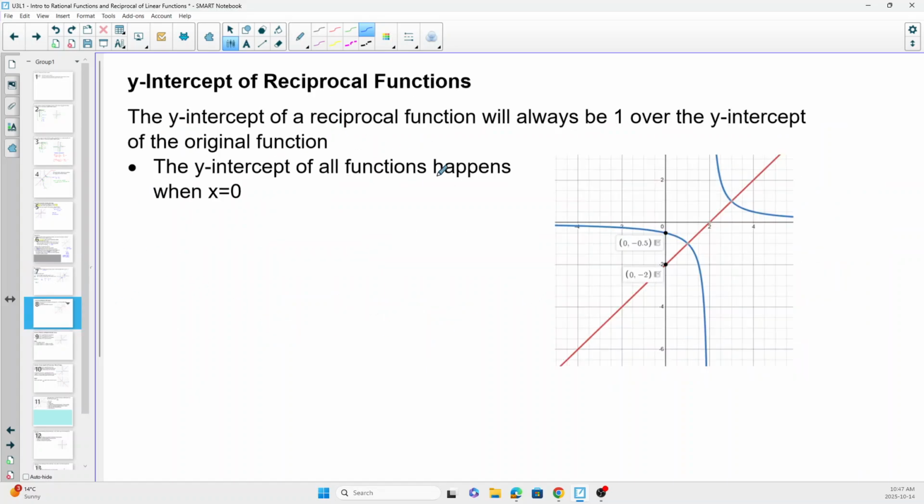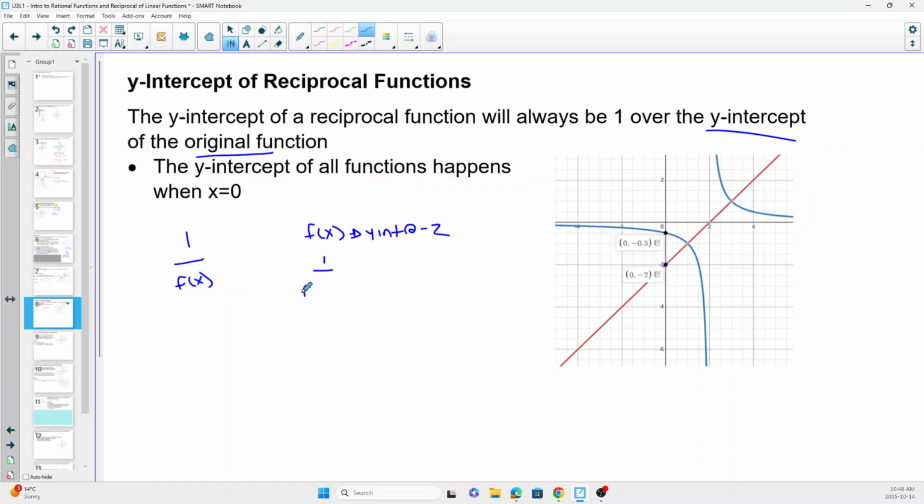Okay, y-intercept of a reciprocal function. Keeping with this idea that a reciprocal function is 1 over the original function, it should make sense that the y-intercept of a reciprocal function will always be 1 over the y-intercept of the original function. So if here our original function, f at x, had a y-intercept at -2,